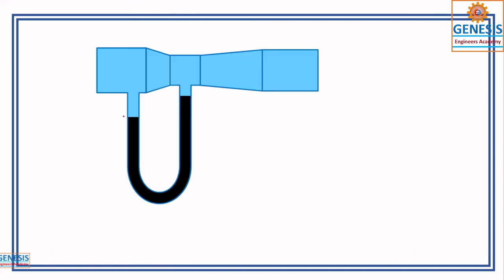You got my point? I take this as a datum line, and from this this is the difference. I now take this as x because this is the fluid. You may take this as water, and the black color indicates the mercury. Now how do you find the H, to find the pressure or anything? Okay, now what is H?